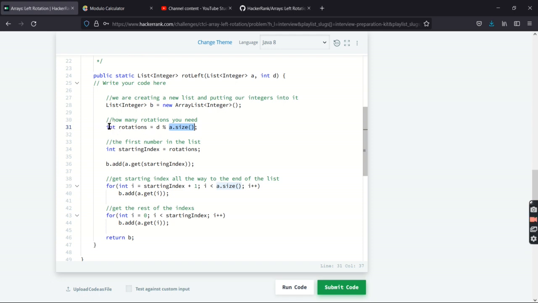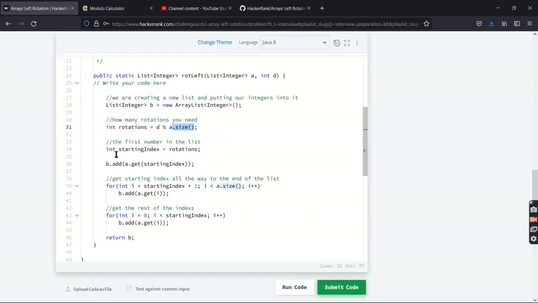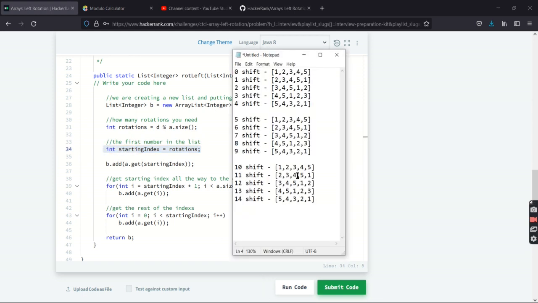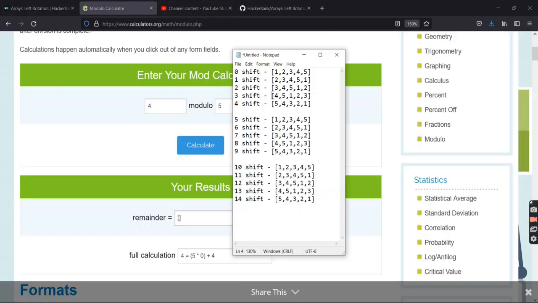So let's run through the sample, right? The sample has 4 shifts with an element size of 5. So basically we're going to do this again, and we get a remainder of 4. And our starting index is going to be whatever this equals right here. Okay. So why did I do that? Let me explain this step. When we do 4 modulo 5,